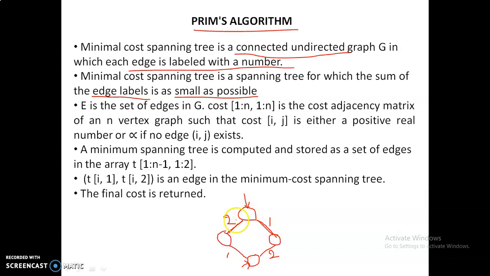But whenever you are selecting this vertex and looking at the two least cost edges of this vertex, the first one has the least cost of 1 and here it has a cost of 2.